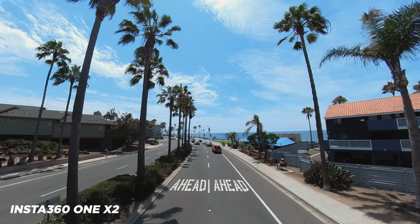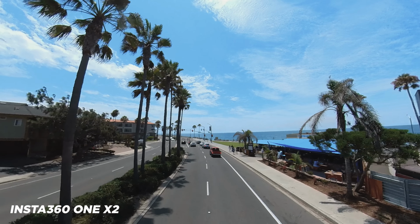Because like I said, this was my very first time trying to get drone shots with the ONE X2, and I would say some of them came out shockingly good. I did not think that they were gonna look that much like a drone shot. And there's a reason why I think it looks like a drone shot or doesn't look like a drone shot,